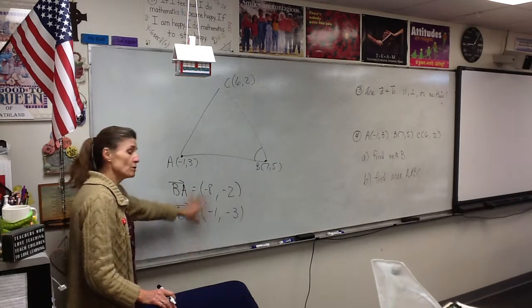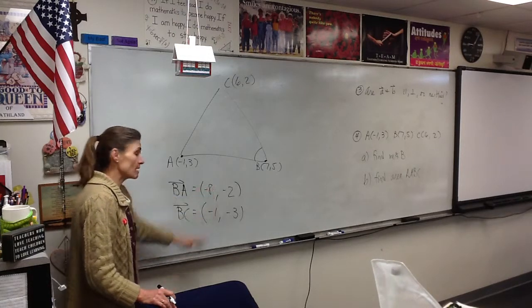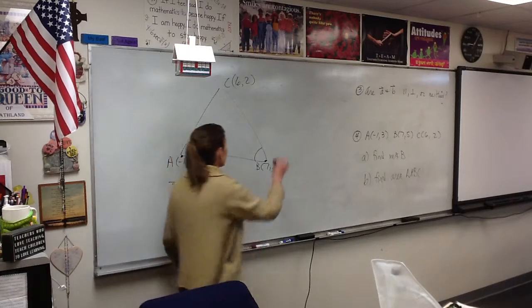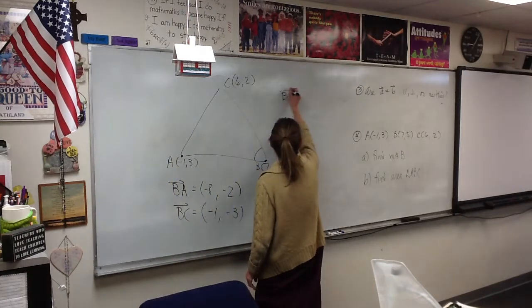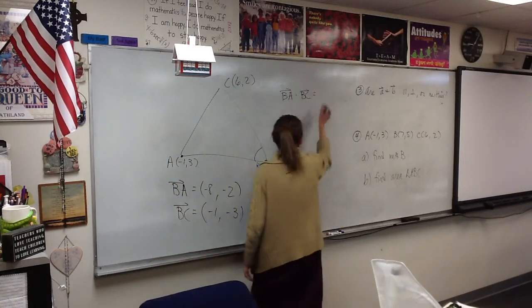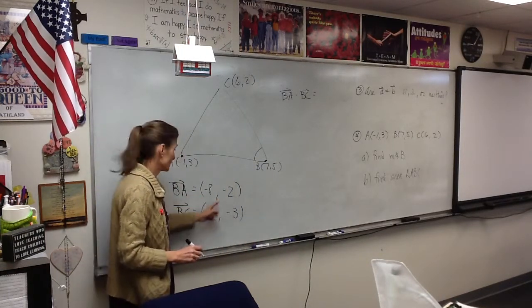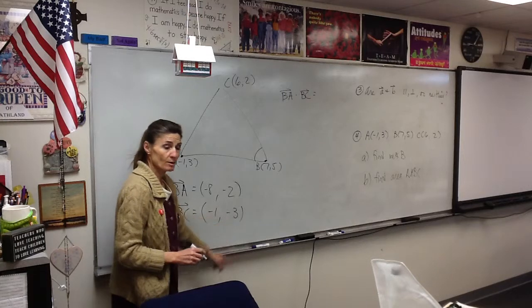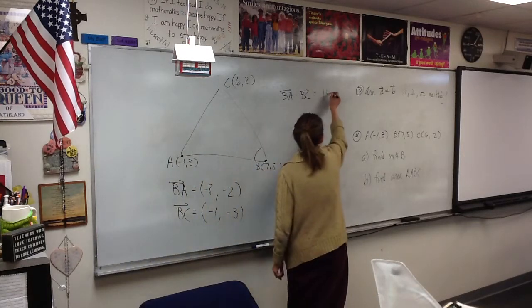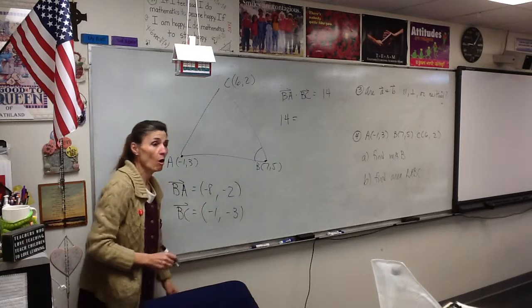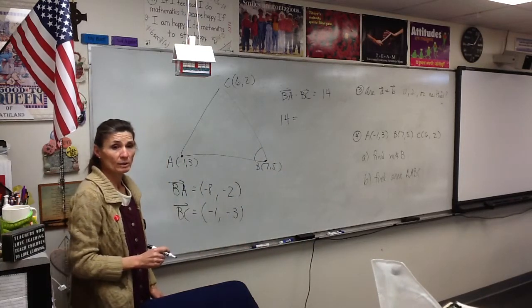Okay? So what do we do? What are the steps to finding the angle between those 2 vectors? Dot product. First we'll find the dot product. And the dot product will be, dotting these 2 together, we get 8 plus 6. You get 14? Yeah. And what do we know about that dot product? What does it always equal? The dot product will equal